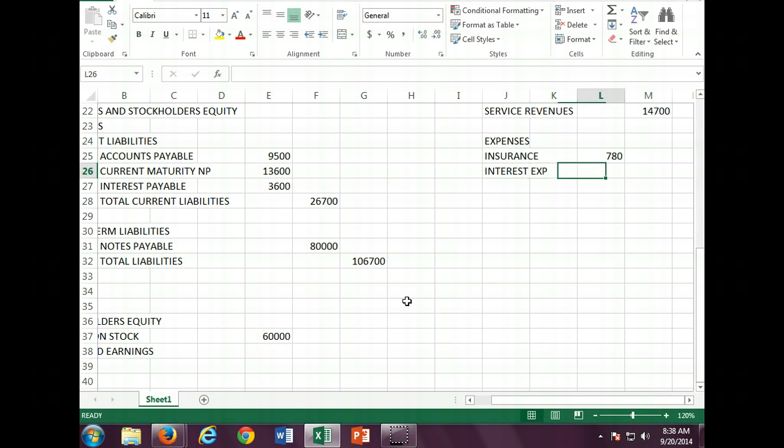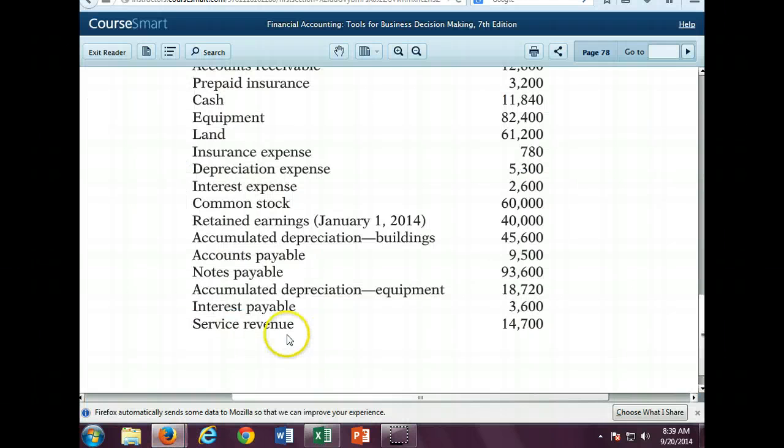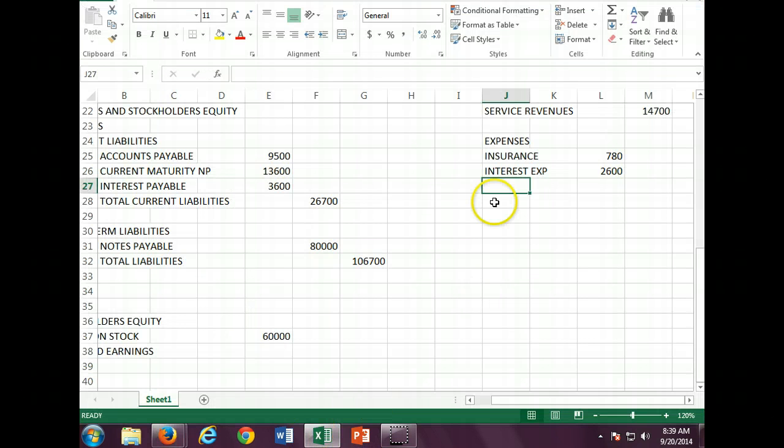Interest expense of how much? 2,600. What else do we have? Depreciation expense. Did we not add that? I know the total should equal 8,680. Depreciation expense is how much? 5,300. So we need to say depreciation